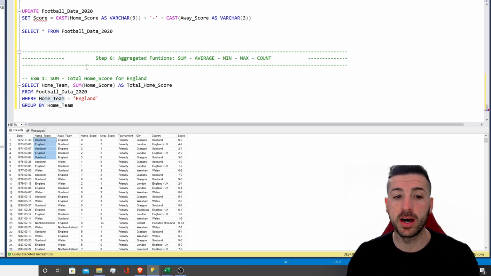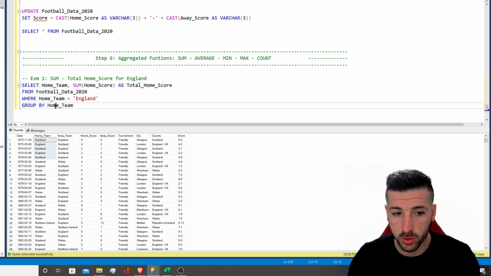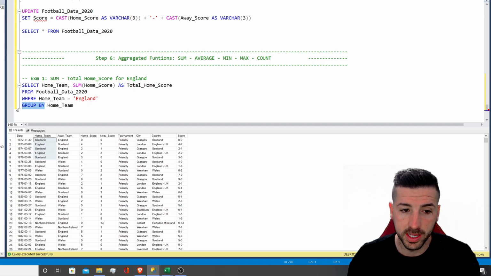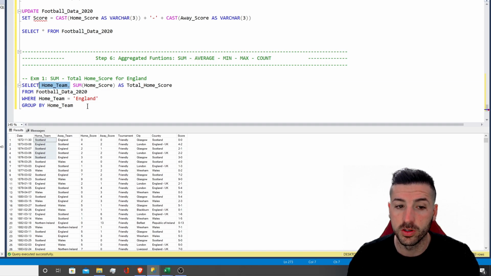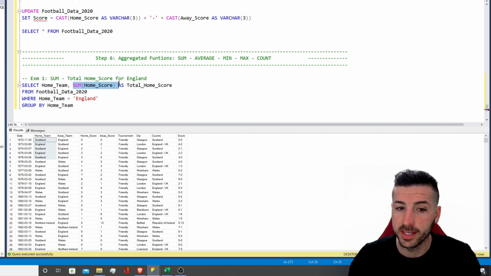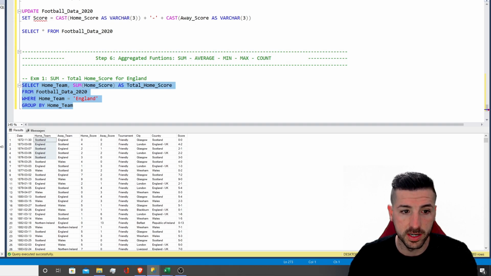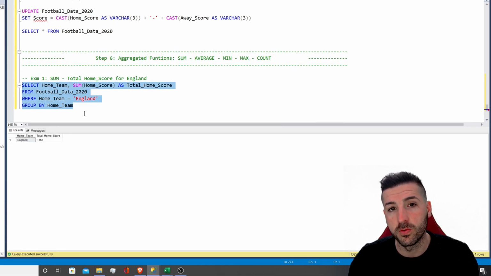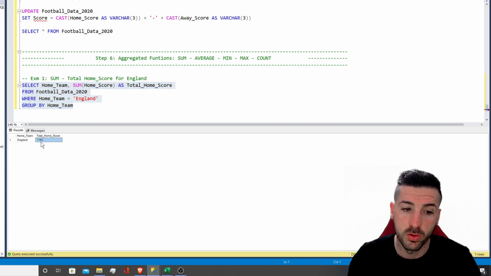And every time I have an aggregated function, I also need to add this group by home team. So group by, the columns you are going to put in here is any columns you have at the top. They also need to go at the bottom, so in the group by, excluding the aggregated ones. So I don't need to include anything that is pink, so these aggregated columns. So if I run this now, you can see that for the whole of the data set we have, England has a total of